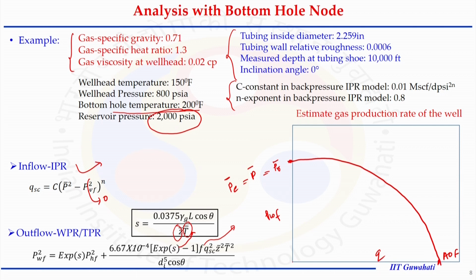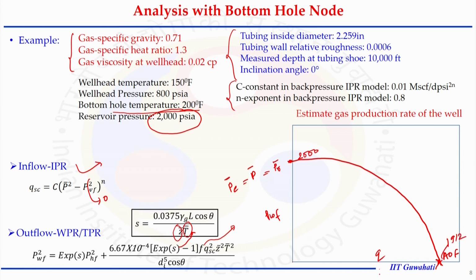And similarly, we can construct the curve for the outflow also. When we know all these parameters, we can say how PWF is related to Q. Yes, of course, the iteration may have to be done for that case also. And in that case, if we see, this is a reservoir pressure given to us, 2000 psi, and this is the maximum flow rate, that I can give you some quantitative value, that will come out as 1912.